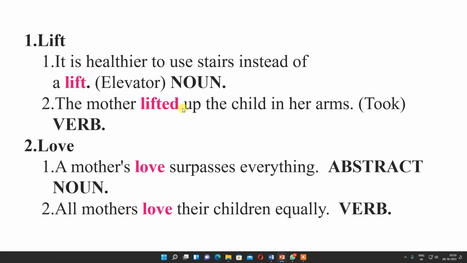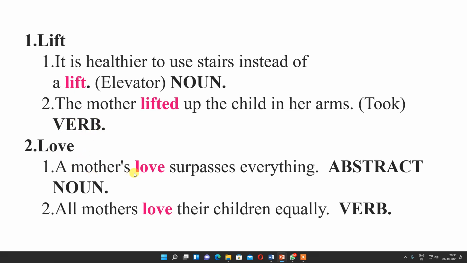The mother lifted up the child in her arm. That means here an action is done. Here first it is the name of the equipment, but here it is a verb. That means some action has taken place. To lift up means to take something up. So here it is used as a verb.